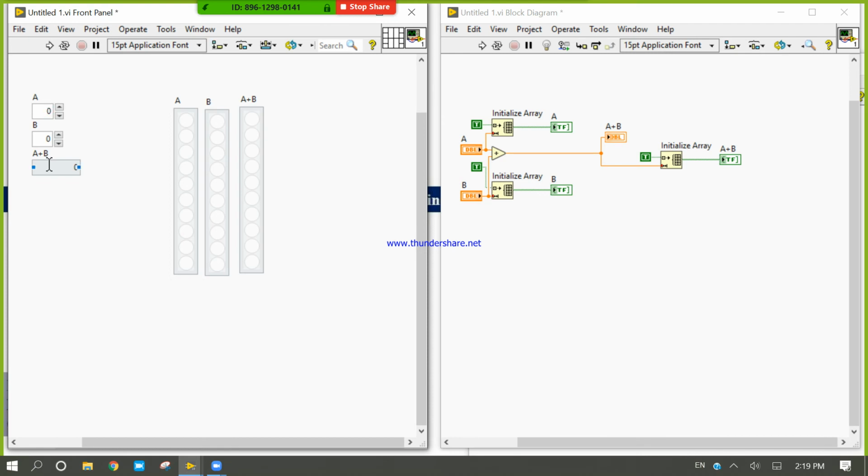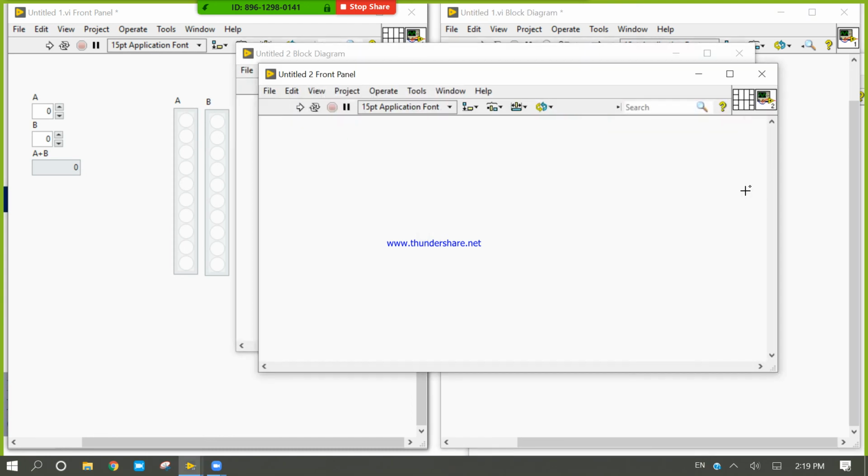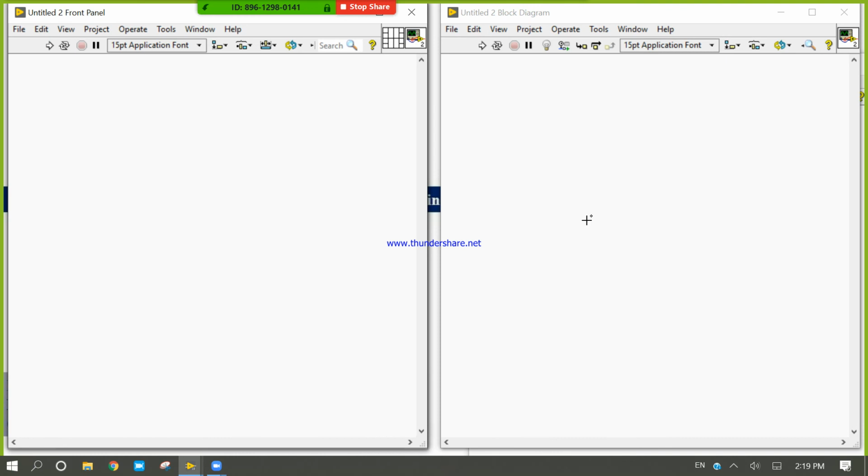If you want to display more than 2 digits, this counting process will be so lengthy. So for that, I told you we will do something different. Let's see what we can do. Control C, Control N, Control P, and Control V.